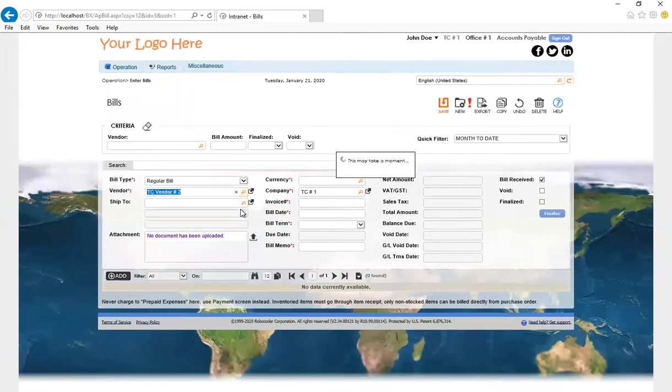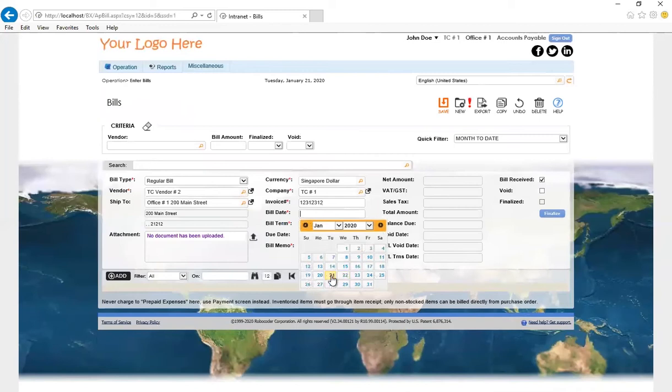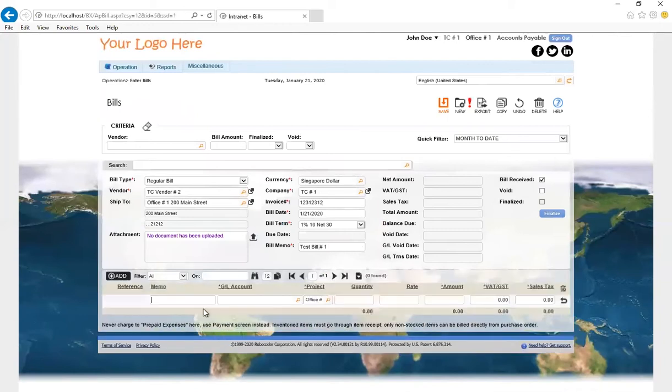So let's choose this vendor, and you want to choose your invoice number. Bill number, test bill number 1. And let's assume this is for advertising. And we have an advertising expense account. And you can choose the project, so if there are multiple projects,